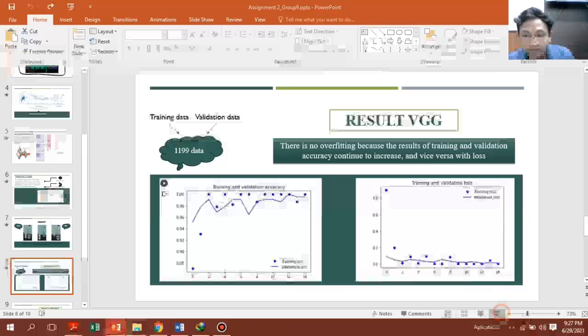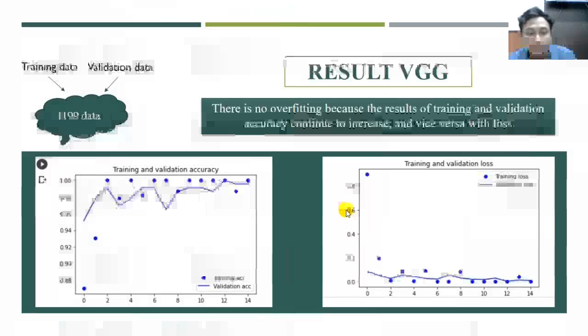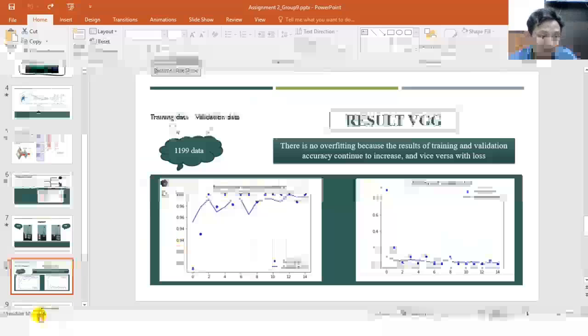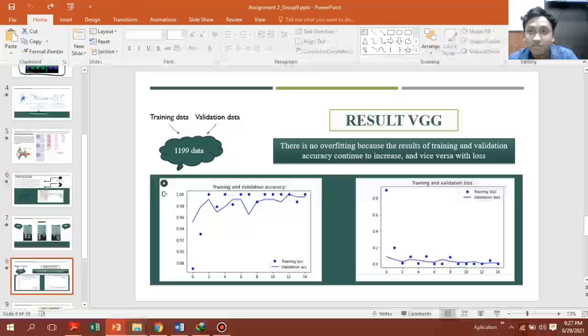I go to slideshow. Okay, here I will continue the presentation from my friend, and I will demonstrate sample data on Google Colab. I want to show how to produce this graph of training and validation accuracy, and training and validation loss. The first step is to upload the data set on Google Drive. Here I have many sample data, and